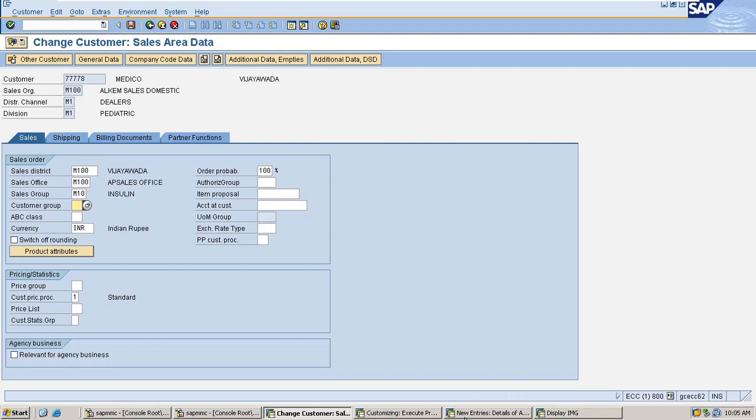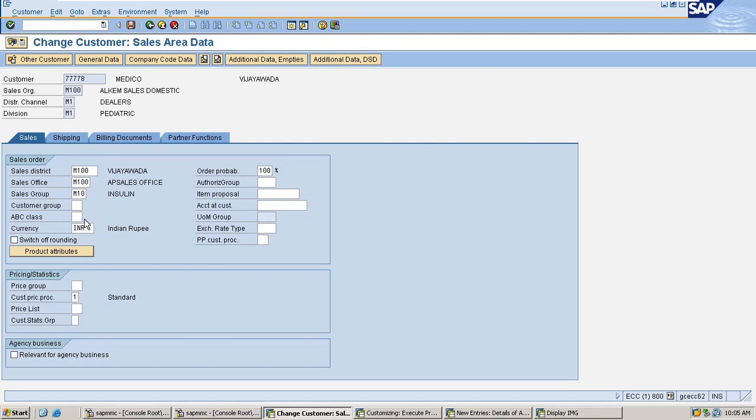customer group. This is the field which can help us to group the customers who share the same or common attributes. For example, this is customer 478 Medico, who belongs to the distribution channel dealer.